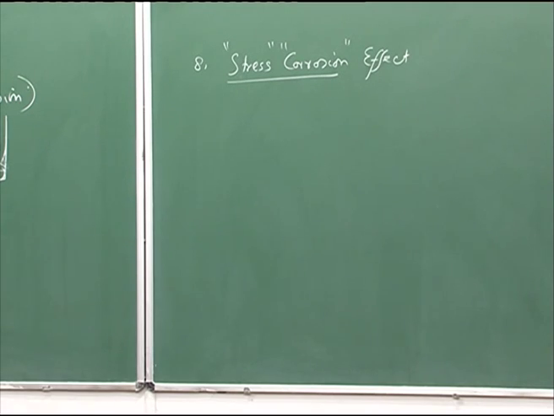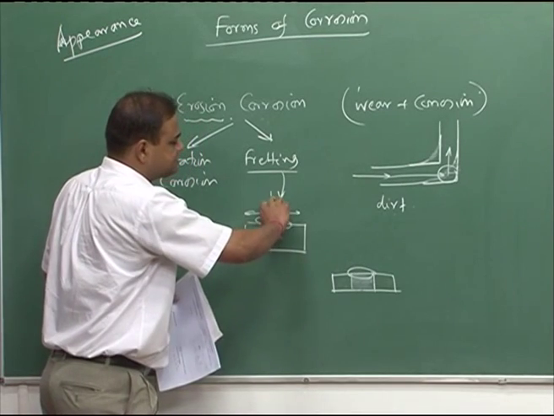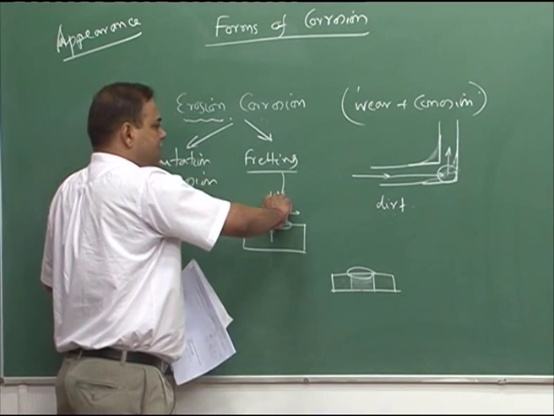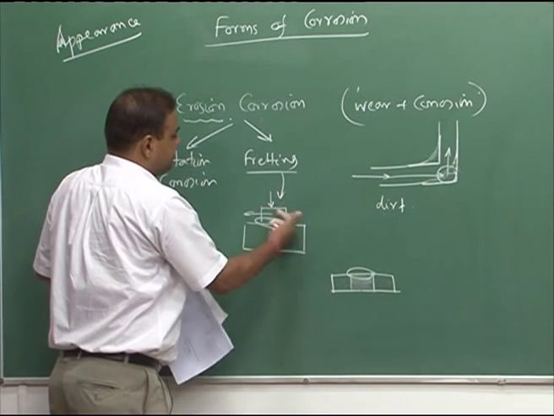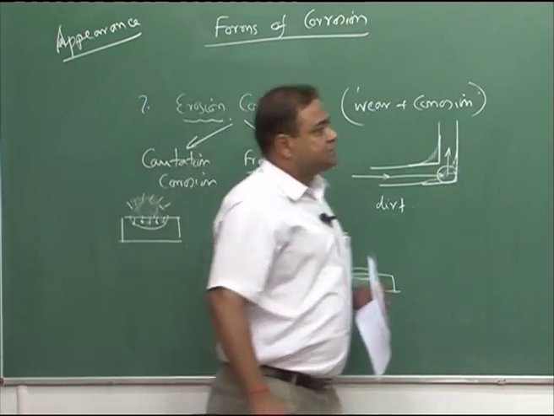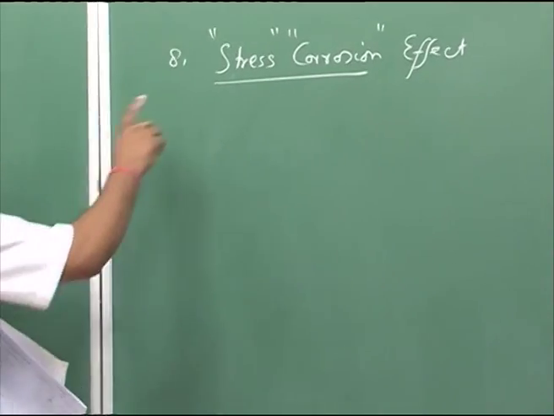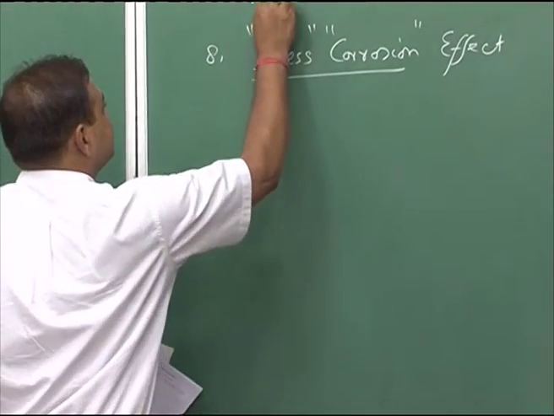Here also we see that there is a stress, but this is under compressive load, and that time the relative motion is giving rise to fretting corrosion. But in stress corrosion, the stress primarily means a tensile stress,